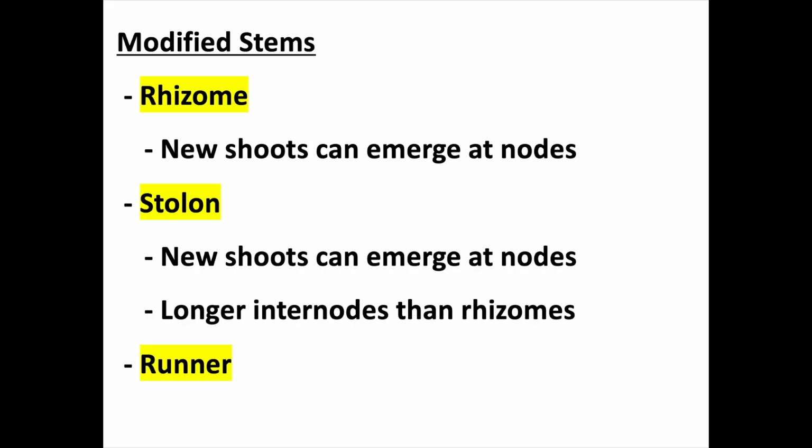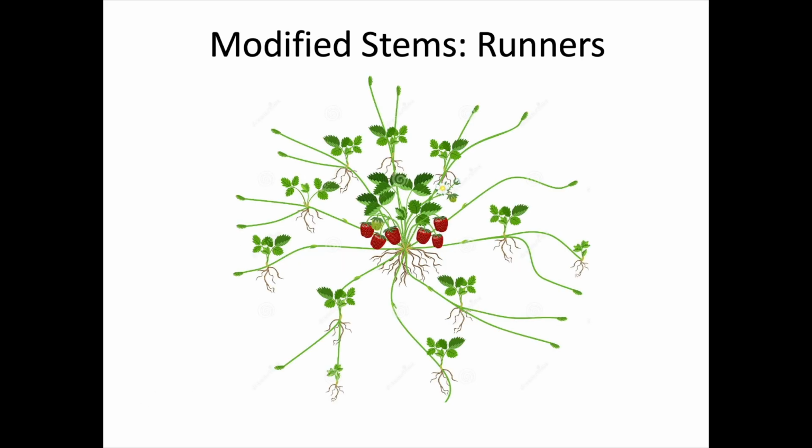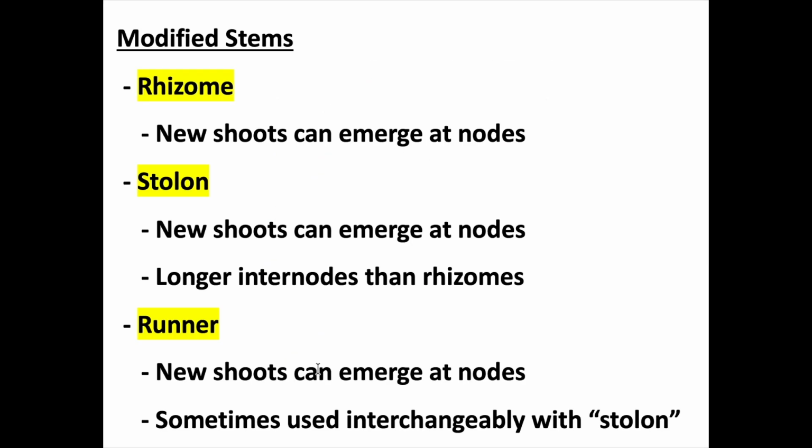There's one more horizontally running stem, something called a runner. Strawberries make runners. If you've ever grown strawberries, they'll try to escape their bed. These are horizontally running stems. What's the difference between these and everything else? Well, honestly, sometimes they're used interchangeably with stolons. The key term says a runner is a modified stem that grows horizontally above the ground. New shoots can emerge at the nodes, like I've said with all of these, but again, sometimes it's used interchangeably